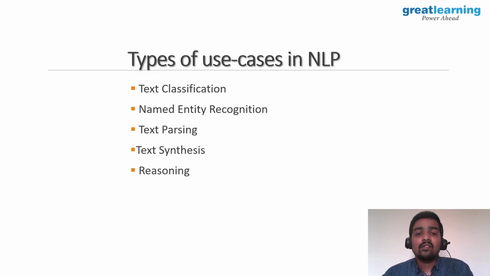And the reasoning. There are a lot of things which come into the reasoning case. So let's say there is a text which you input to the model. Maybe you have trained the model such that: a boy is going to school, and he came back from school, and now he goes to play. Okay, so where is the boy now? If the question is where is the boy now, based upon the text which we have just discussed, he went to school, he came back from school, and now he went for play, right? So where is the boy now? The answer is that the boy went for playing, right? So the model should be able to understand this, and based upon this reasoning we can also do this.